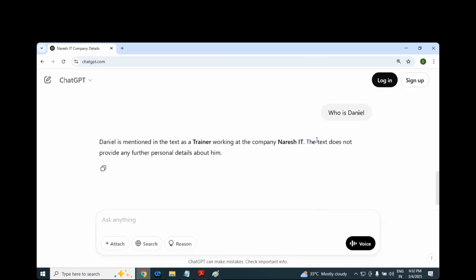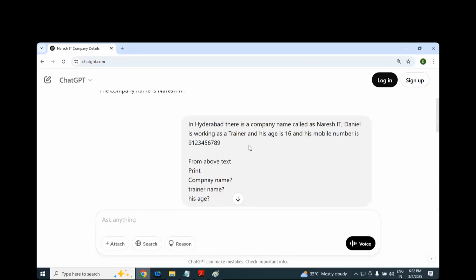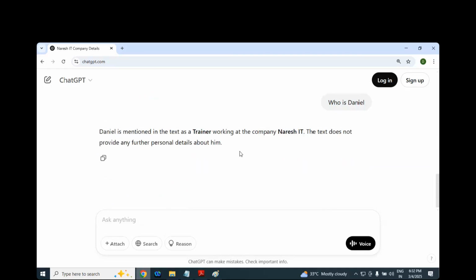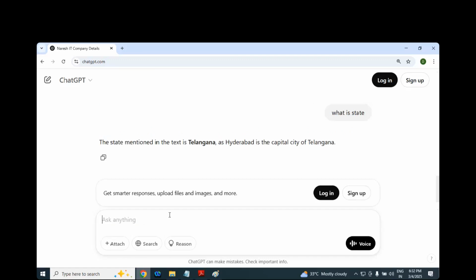You can play actually. Are you with me or not, sir? It is doing the text processing. See, though I have given the data, the model trained very well. Now over the data, you can ask any question, it will respond actually. What is the location? Hyderabad. What is the state actually? Will it tell as Telangana? We'll see. Very good. Awesome actually.